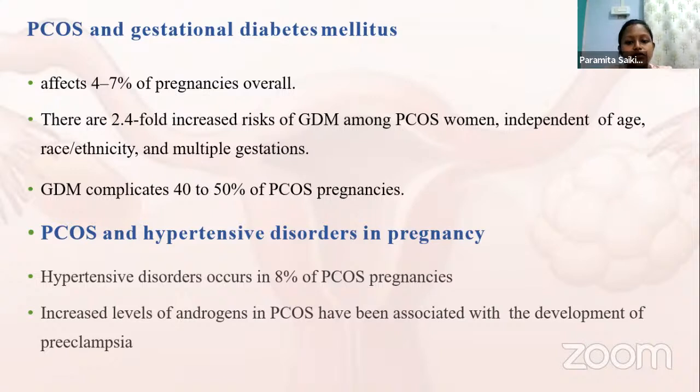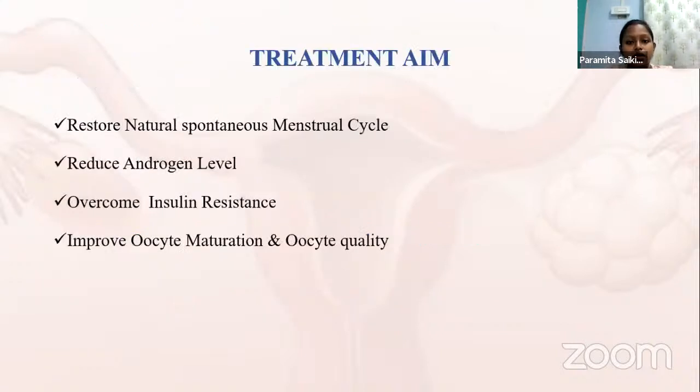PCOS and hypertensive disorders in pregnancy. Hypertensive disorders occur in 8% of PCOS pregnancies. Increased levels of androgens in PCOS have been associated with the development of preeclampsia. The treatment